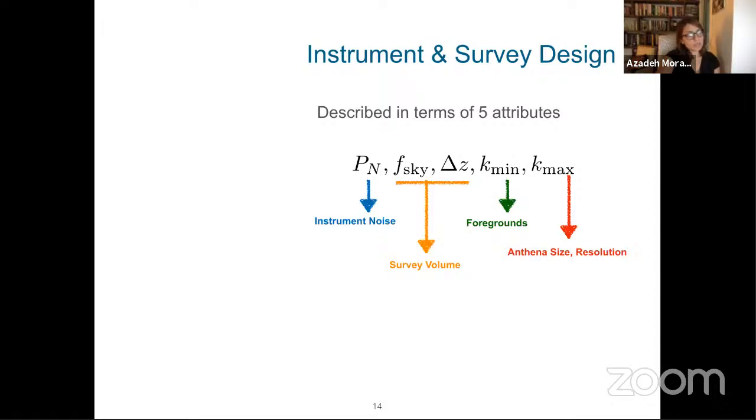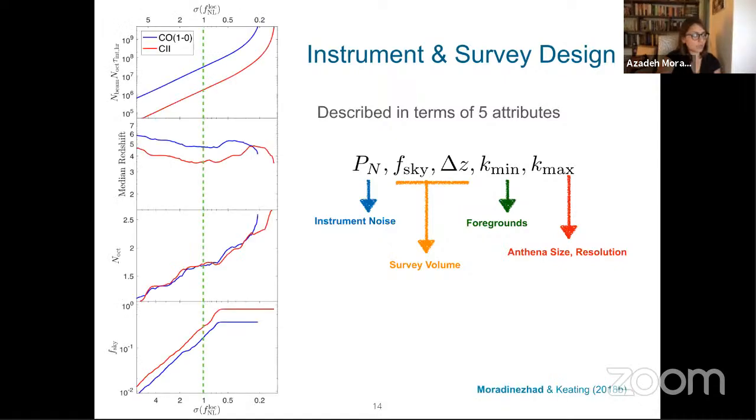So what we said was, let's say that we parameterize our instrument and survey design in terms of certain free parameters. Pn would be the instrument noise, F sky is the fraction of sky covered by the survey, delta Z is the redshift range covered by the survey. And we need to make an assumption of the smallest and largest scales that a survey can probe. Those are determined on the smallest scales by instrument characteristics like antenna size and resolution, and on the largest scales largely by foregrounds. And what we wanted to understand was,